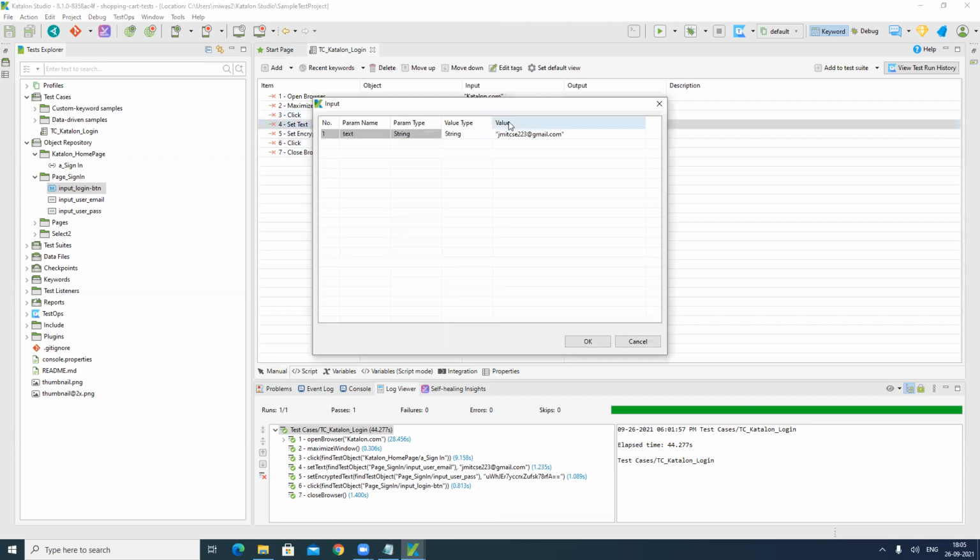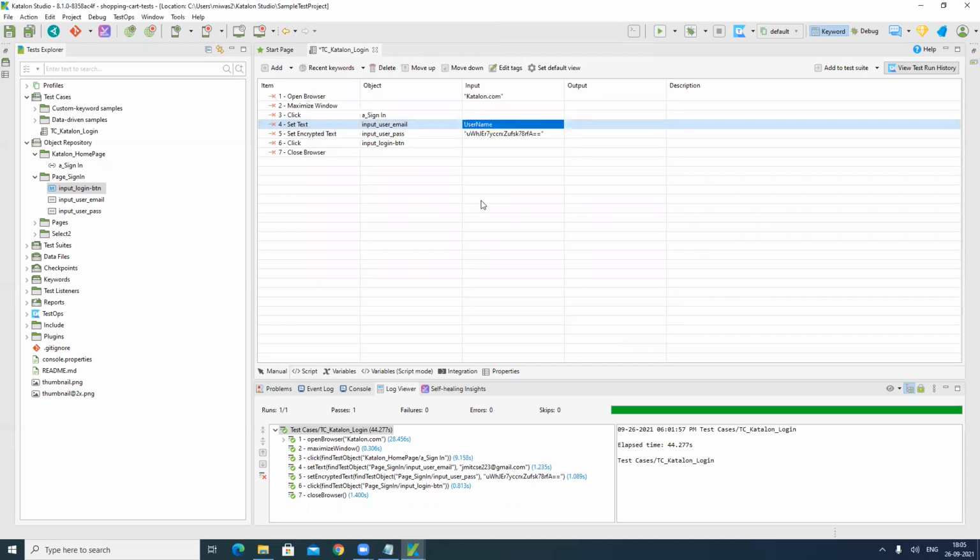In the input value, instead of string, we are going to use variable. Simply select the variable, it will automatically fetch the variable name for you. Select your variable name, click on OK. It will get the value of this username from the variables.